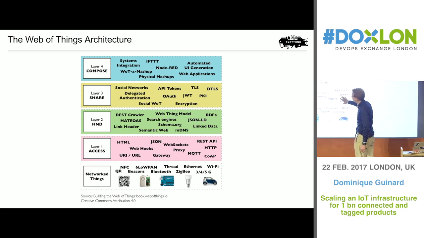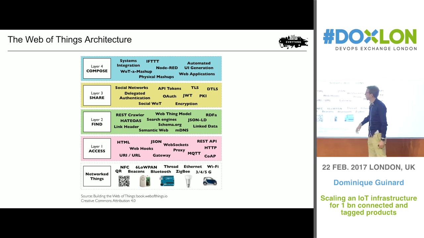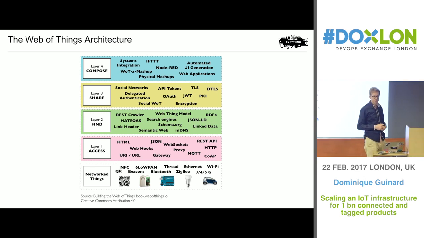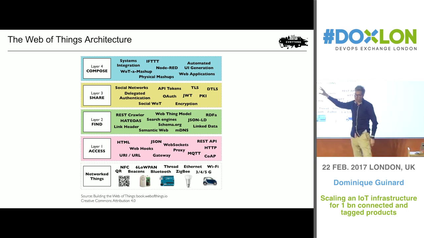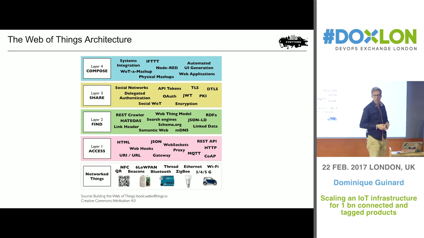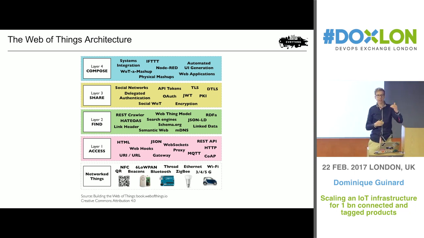and showing how at different layers the web can help. So at the access layer, you can actually deploy web protocols on devices. That's fairly feasible. HTTP and WebSockets are great at covering many, many use cases. Then you can use the semantic web to do things like discoverability, findability, things like JSON-LD that you just add to your JSON payload, starts to put semantics so that machines can understand each other, but still the web way. And then you have sharing and security.